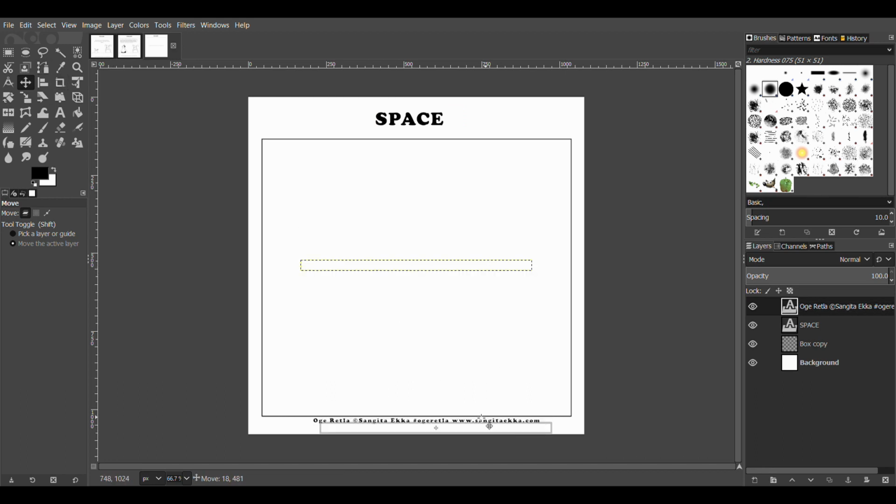So it's up to you what other information you want to give over here. I use the name of the comics, my copyright, the hashtag, and my website address. Depending on what you want to portray, you can use the same tactics. So this is pretty much the template that I use.